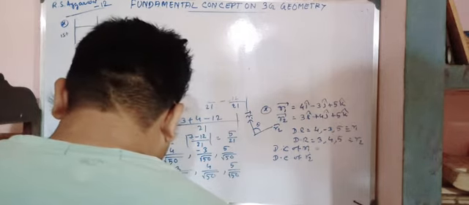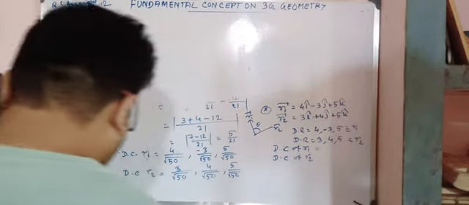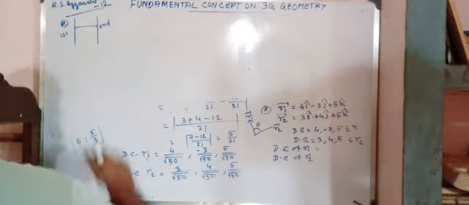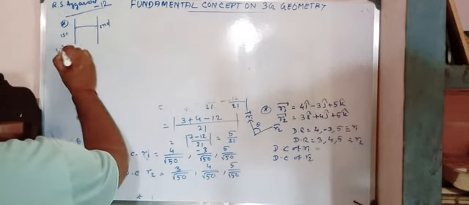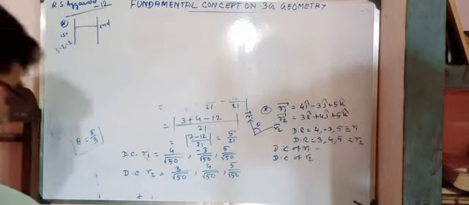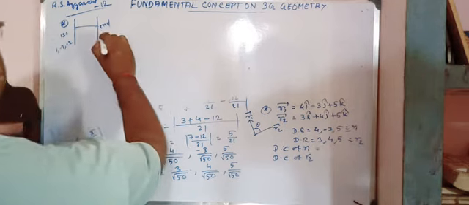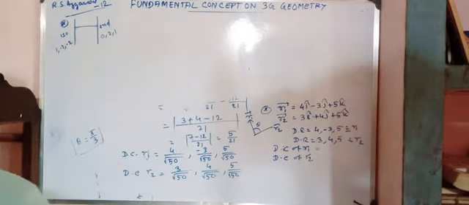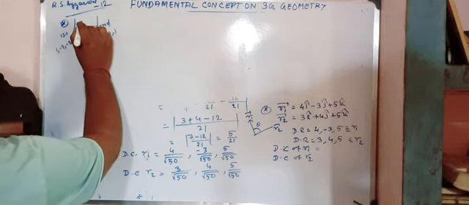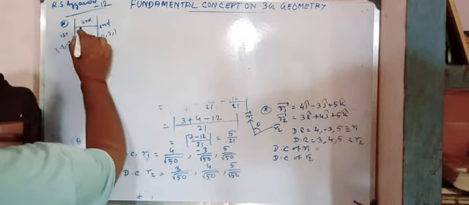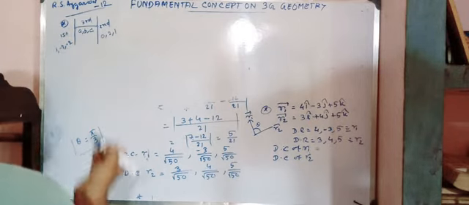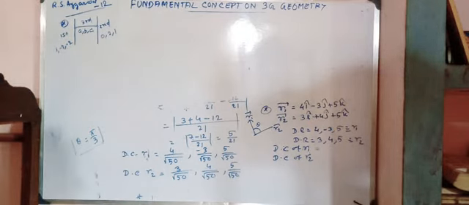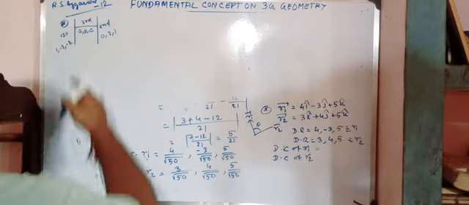Not direction cosine, the direction ratios are given. 1, -2 and -2 for the first line, and for the second line 0, 2, 1. Now this is the third line. We take its direction ratios as a, b, c, or x, y, z, whatever you prefer. I am taking a, b, c.